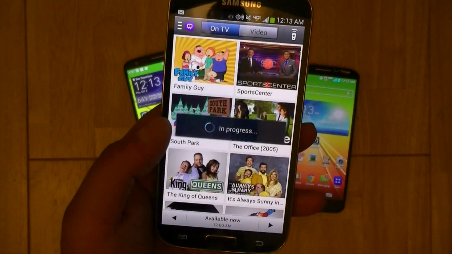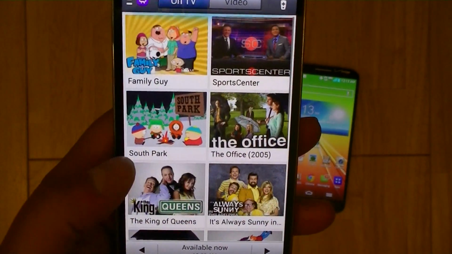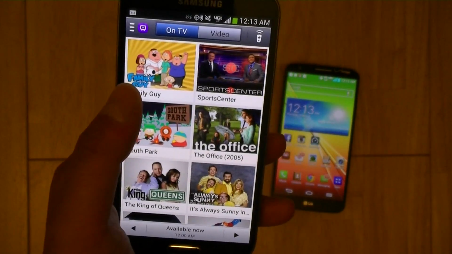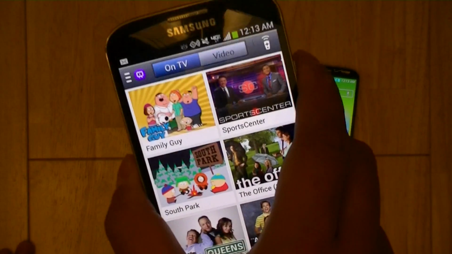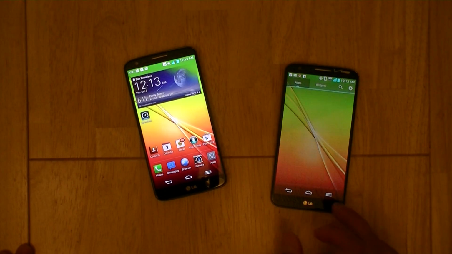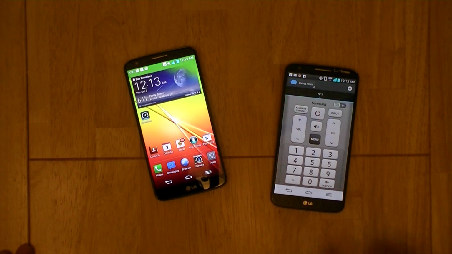So it's going to give you not a visual UI of what's playing right now. So if I wanted to watch Seinfeld or Family Guy, I don't have to memorize the channel. I can just go ahead and tap here and it's going to change my channel to watch Family Guy if I wanted to. Whereas on the LG model, which I've set up on the Verizon version of the G2,